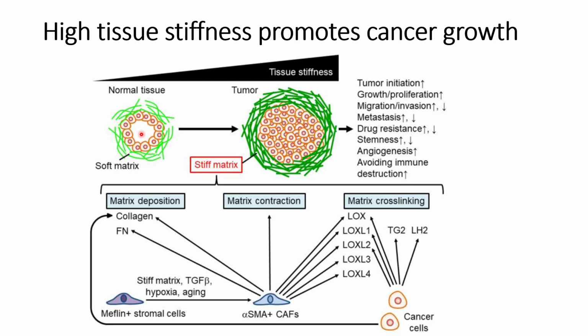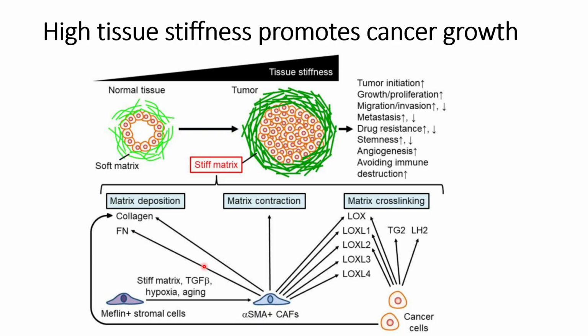So in normal tissues, the matrix is usually soft. However, there are three main contributors towards this stiff matrix. The first one is matrix deposition, then matrix concentration, and matrix cross-linking. Matrix deposition usually occurs in the tumor microenvironment region, which is mainly composed of collagen and fibronectin in solid tumor cases. And this tumor microenvironment is mainly formed in solid tumors.